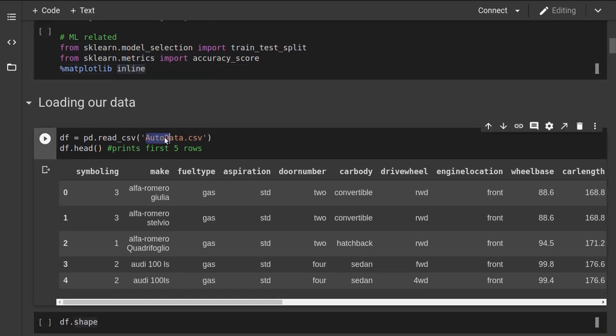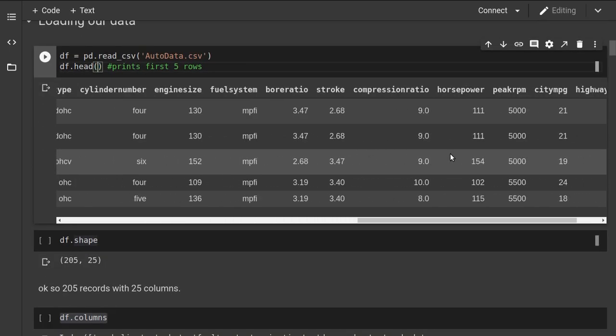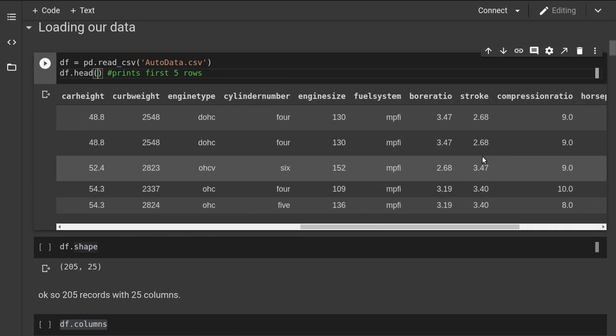Then my data is in a CSV format. Okay, so I used read CSV to import this data from CSV to a pandas data frame, and I stored it into df, and I did df.head to check the first five rows of the data frame.